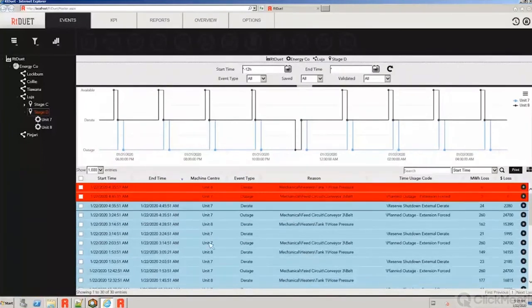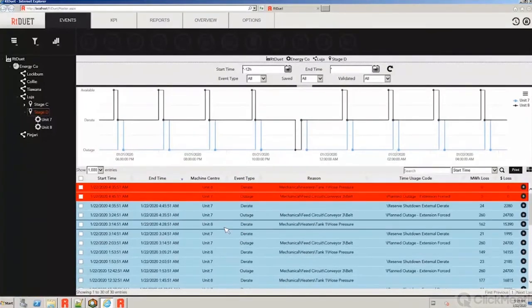You'll also notice here in the bottom panel is the events table. The events table here shows all the events, and these are events as they're coming in automatically. So DUET monitors your PI tags automatically, and when certain thresholds are crossed, when your rating and when your power